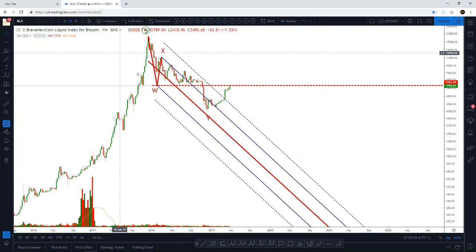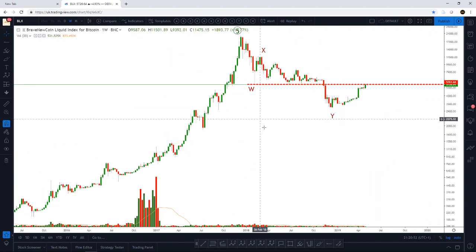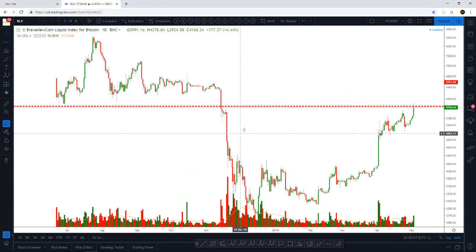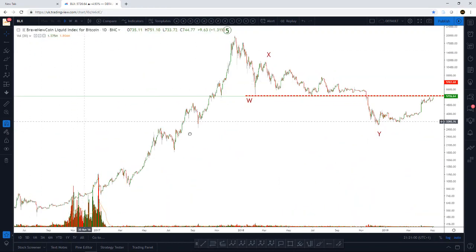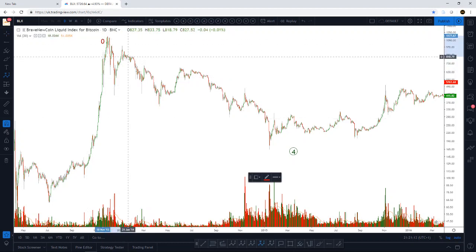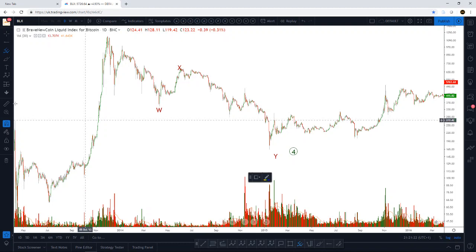Now what I want to show you is how these pitchforks have demonstrated that once broken in the past, they've eventually led to price continuing on its bullish course. So let's go back on the daily and just have a look at some previous price action. If we look at, for example, from 2014, this was our Mt. Gox crash. So here my wave count was as follows. This was 3 waves down to make W, 3 waves up X, and then 3 waves down to make Y. Okay, now if we plot our pitchfork,